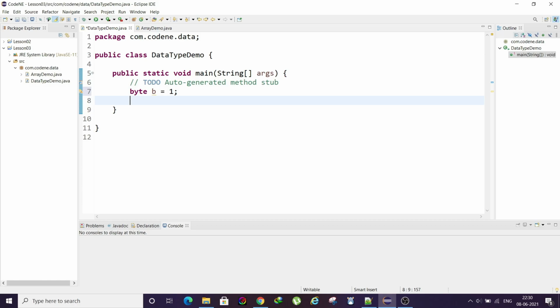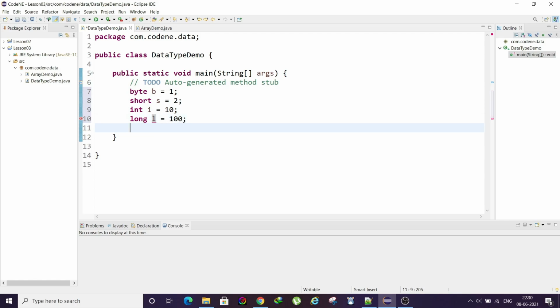Similarly, this syntax will be followed for every other data type. Let's suppose you want to create one short variable, then you can write short. If you want to create int, you can write int i equals 10, let's say. For long, you can simply create long l equals, let's say, 100. So these are the number data types. Coming to the next, let's say you want a decimal point number, then you can write float f equal to